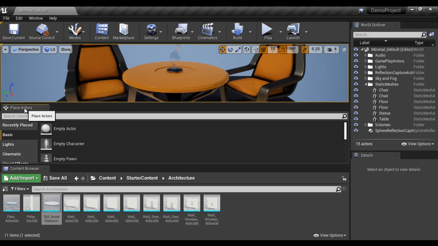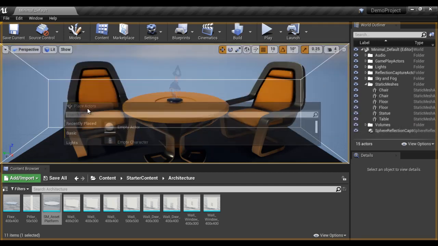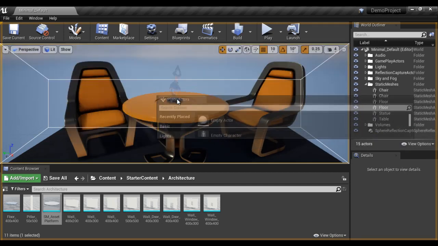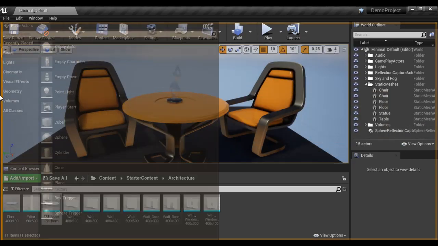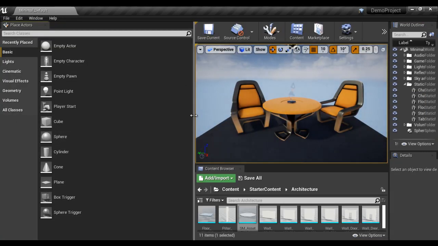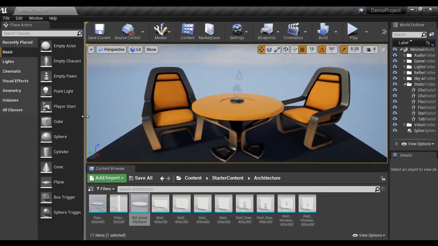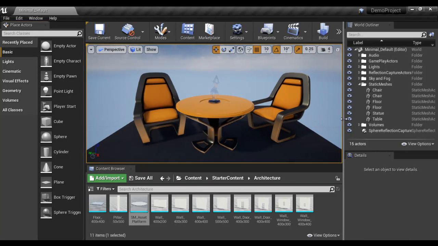If I drag the place actors window and let go in the middle rectangle area, it becomes a free floating window, guys. If I click and drag to the left hand side, completely to the left side, it is docked on the left side of all other windows, guys. So like that, you can dock a window, you can make it a free floating window, etc. Just you need to click and drag the tab or the tab name, guys. I hope you guys are clearly understanding how we dock or undock sub windows, or you can say panels, right?